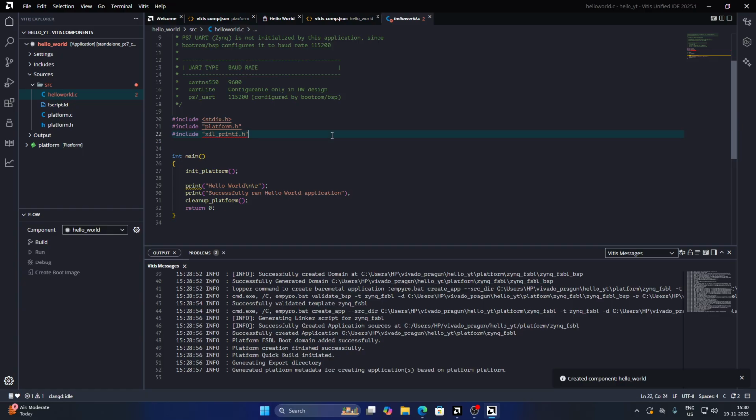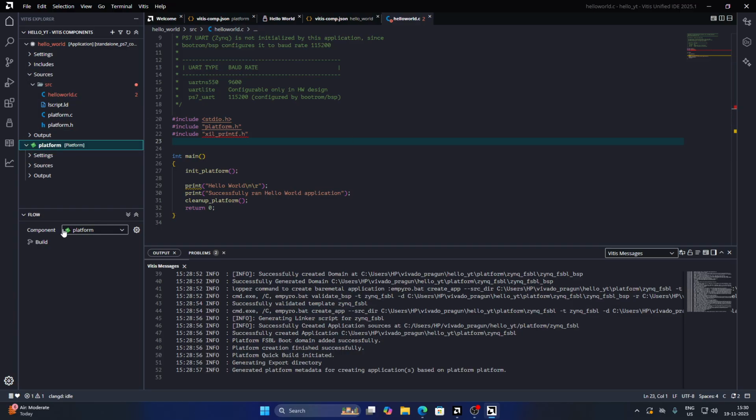So it is giving some error. I don't know why it is giving the error. You can skip this thing. Just uncomment this thing, and instead of print you can use the printf. That will work fine. But one more thing, this is the library that is updated by Xilinx itself. So if you have to update this library automatically, you just go to this